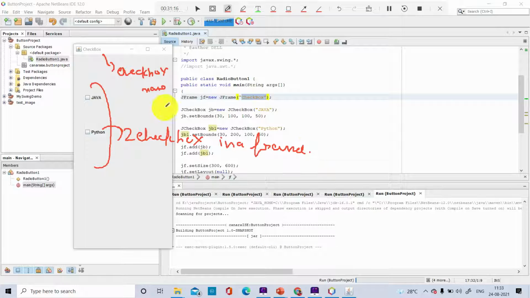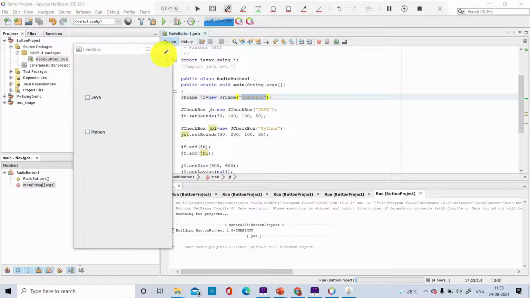So this is the x width, students, and this is the y width. Then this is the height and width. So that is what you can understand about that.